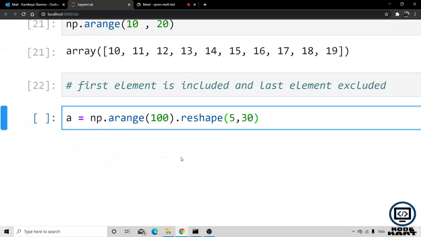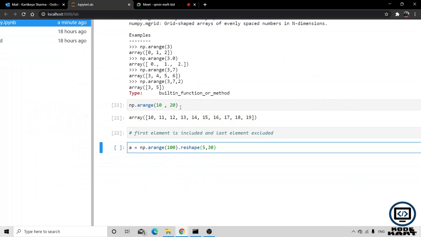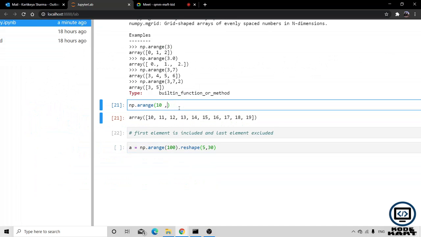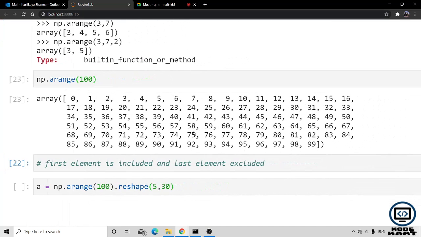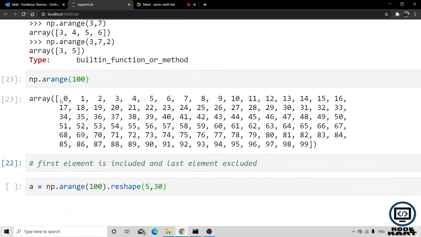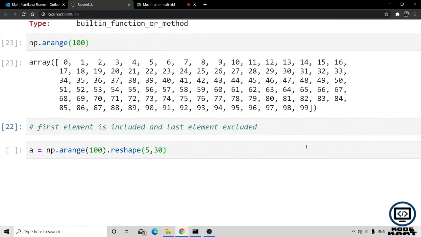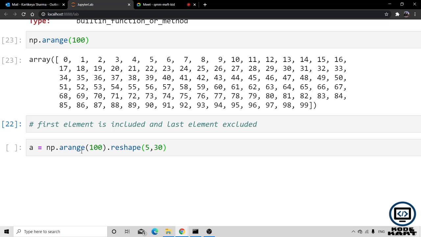If I give np.arange up to 100, you can see that 100 elements are generated here from 0 to 99. We are going to reshape them into a 5,30 matrix. It means it's going to have 5 rows and 30 columns.